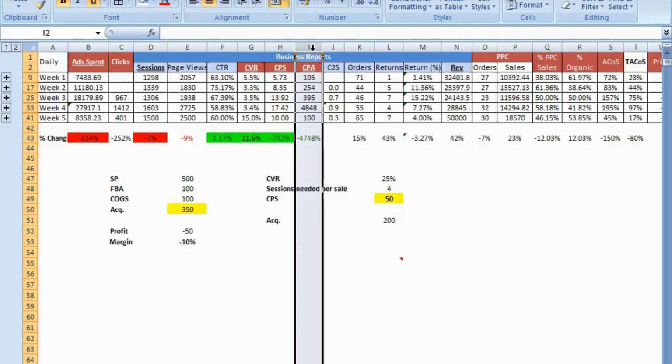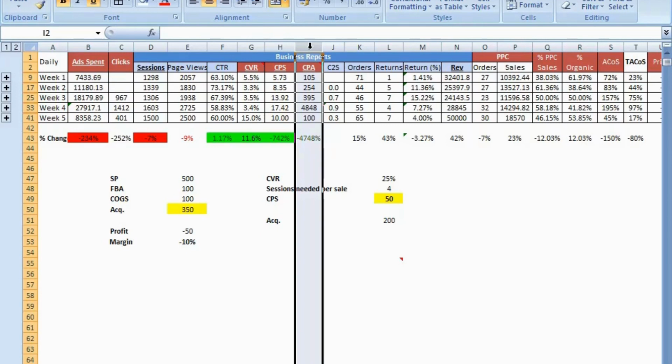Now let's say you have got a particular number which is beyond your gross profit margin. It means that you are losing your money. You are not making any money. You are losing on your sales, right? And if, let's say, your acquisition cost is low, lesser than your profit margin, it means that you are making some money, right?